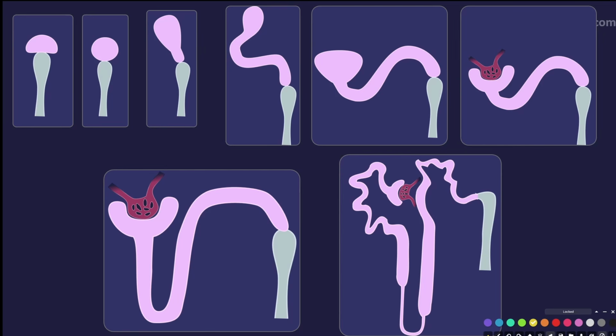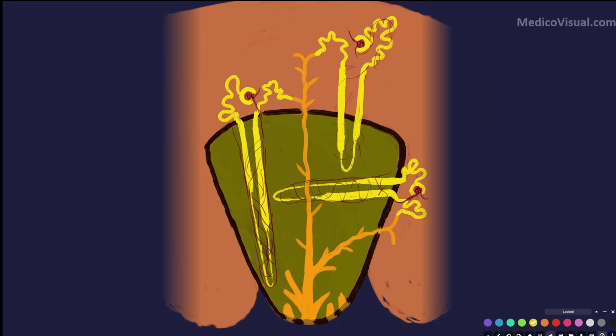Now briefly let's discuss what is inside the renal pyramid. As we have discussed previously, the renal pyramid consists of lots of collecting ducts and collecting tubules. Lots of collecting tubules fuse together to form the larger collecting duct. So basically within the renal pyramid, the collecting tubules and collecting ducts are there, and from here they ultimately come into the cortex. So basically the pyramid is the medulla. The medulla is the deeper part and the cortex is the superficial part. So here is the cortex and here is the medulla.